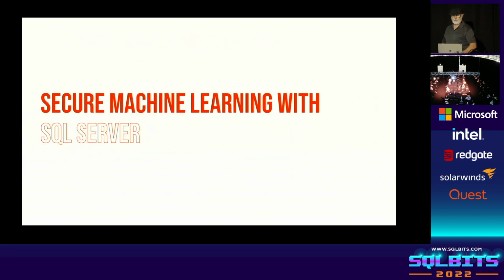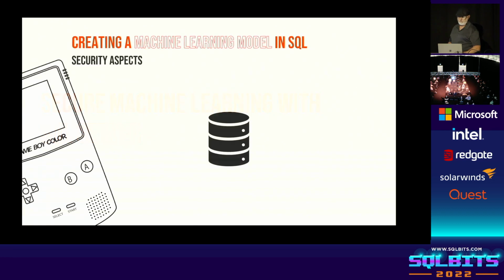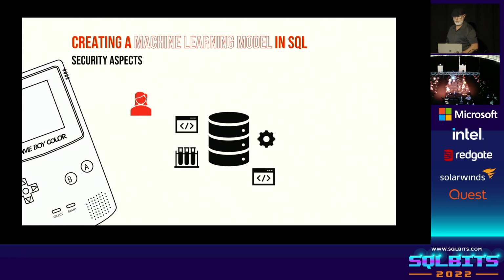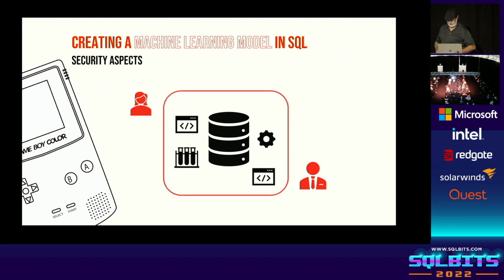Okay? Now, here's the problem we have with that environment when we did this before. So we've got all of our features. So you can see here we've got an application, we've got our experiment, we've got our training, and we've got our deployed model. And we've got the person that's going to consume the model. The data scientist at the top, she's created everything. This consumer at the bottom, he's going to actually get a score. So here's what's nice about this. Nothing ever leaves SQL Server.